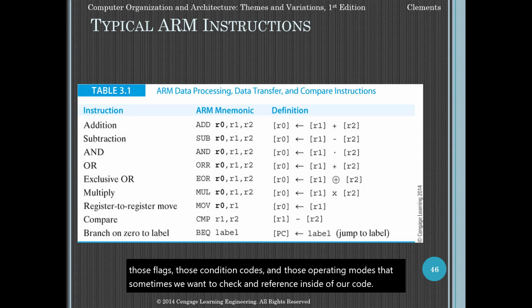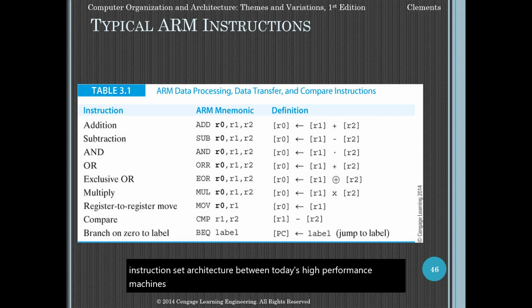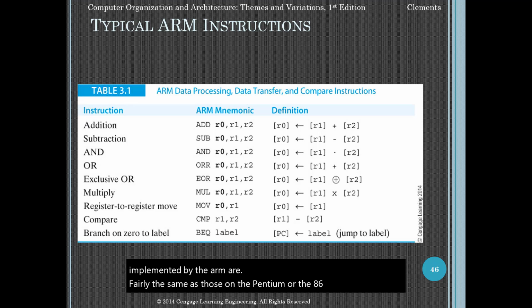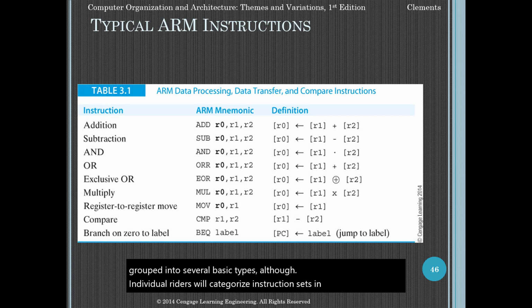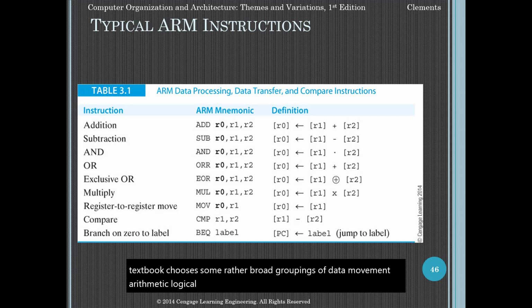Now, fortunately for us, there has been remarkably little change in instruction set architecture between today's high-performance machines and first-generation microprocessors. The instructions implemented by the ARM are fairly the same as those on the Pentium or the 68K, and they can be grouped into several basic types. Although individual writers will categorize instruction sets in different ways, our textbook chooses some rather broad groupings of data movement, arithmetic, logical, shift, and program control. Here you can see some typical ARM